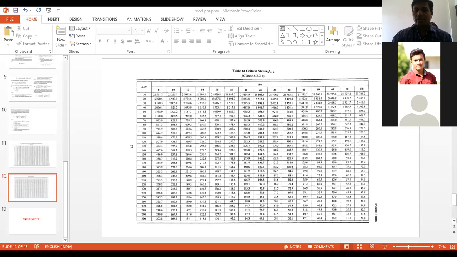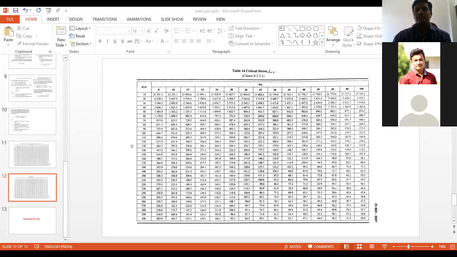4.75. So therefore K equals 1 into 4.71. It is converted in mm upon r minimum, that is 28.4. It is actually mm. You can see rxx and ryy: 14.29 and 2.84, that is in centimeter. If I convert in mm, it becomes 142 mm and 28.4. So you have to take the minimum. The minimum is 28.4. So this is KL upon r minimum, that is 167.